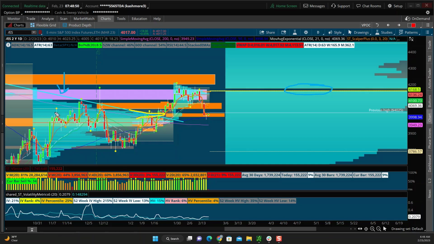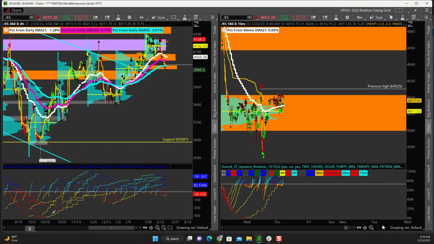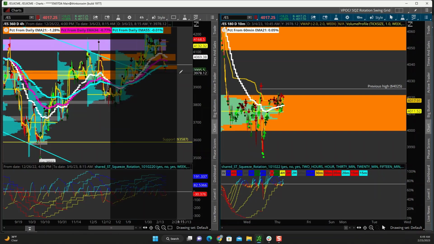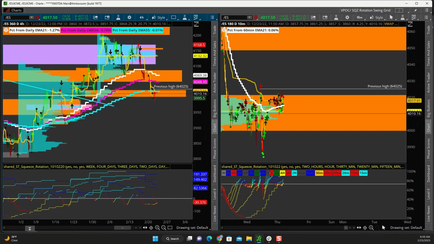So this is on my 3-month volume profile, and this is actually a monthly point of control. Let me show you that real quick. So I zoom in here. See this yellow line? This is last month's point of control. So that's where the most hands transacted on the ES, the most futures contracts transacted, right here. I believe it is